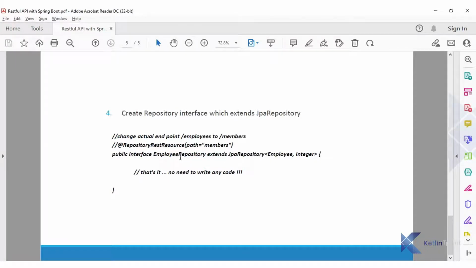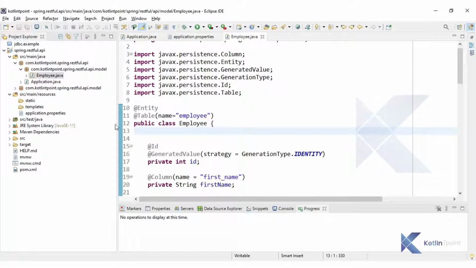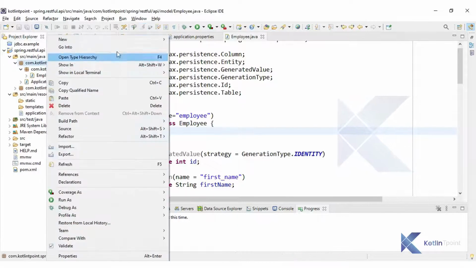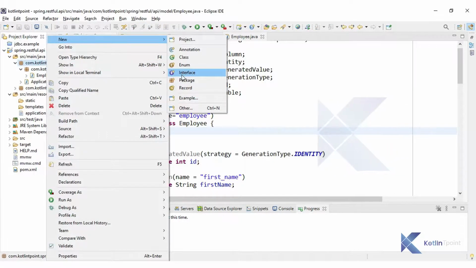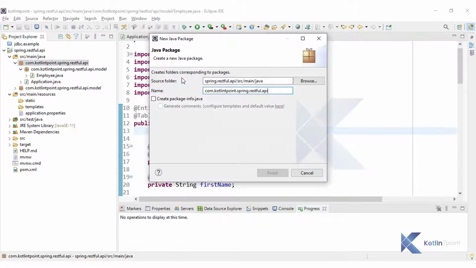Here it is EmployeeRepository, which will extend JpaRepository. With JpaRepository we only need to mention the name of our model, comma, the type of our primary key. Let's complete this step. Here I'm going to create one more package and name it repository.